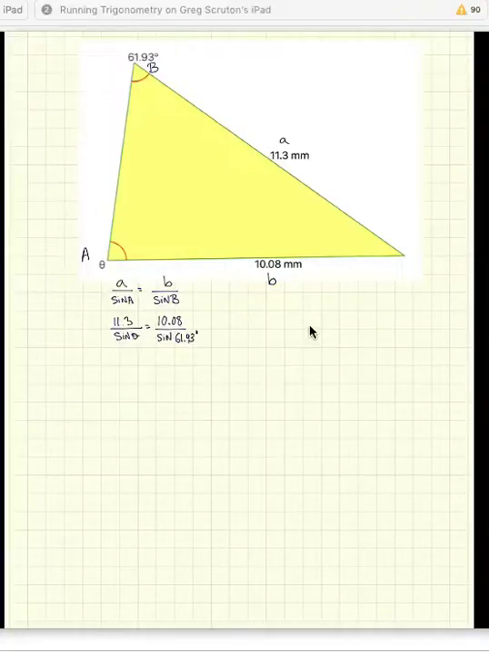Alright, now I'm after theta, right? So I want to get that sine of theta alone. So I'm going to use cross multiplication here. I'm just going to do a little switcheroo. I'm going to switch the sine of theta with the 10.08, and I'm also going to cross multiply the sine of 61.93. So we're going to get 11.3 times the sine of